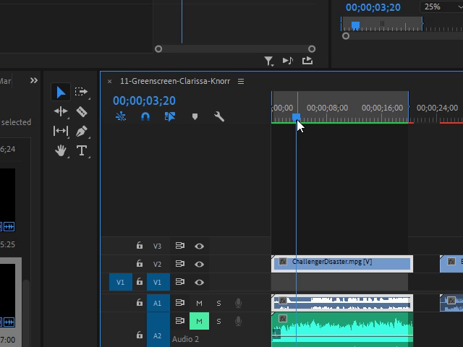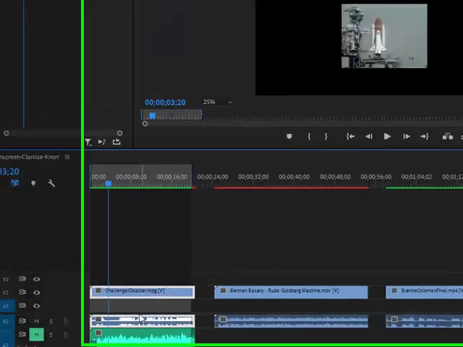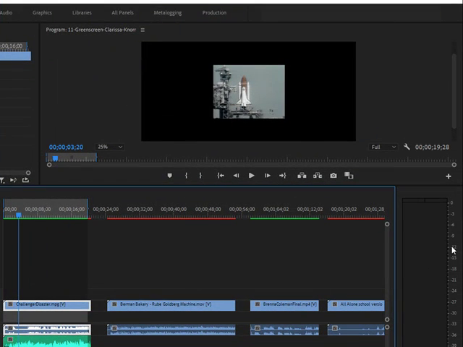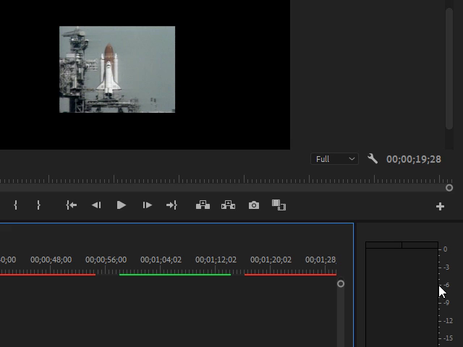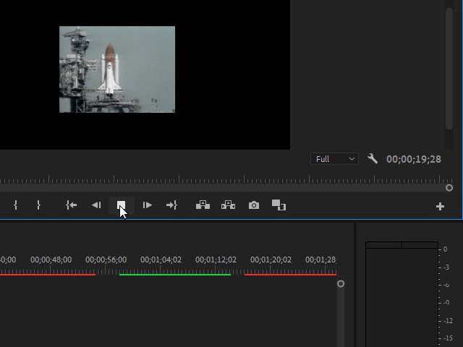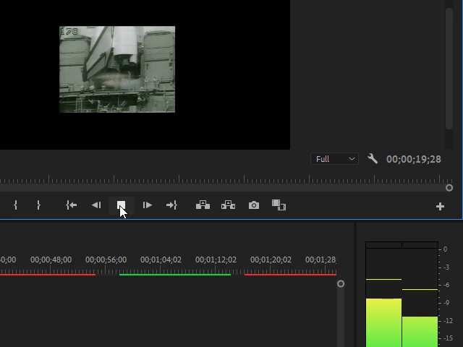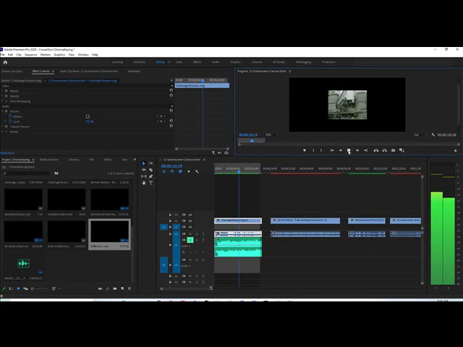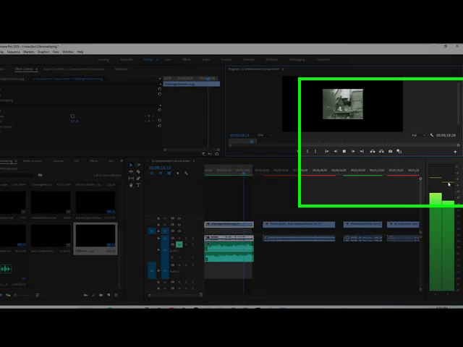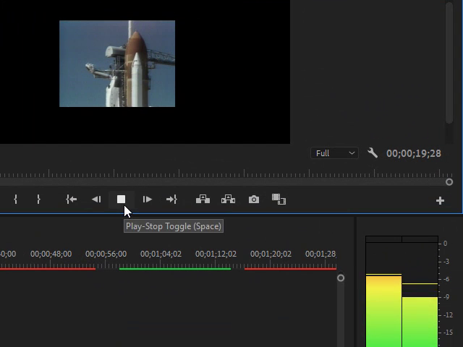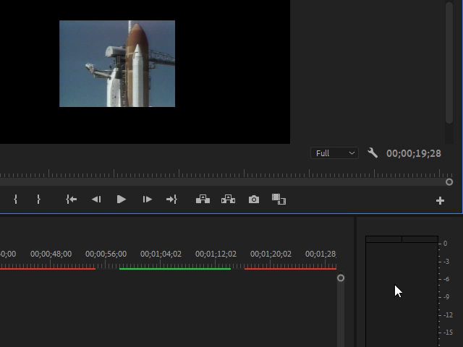The Challenge or Disaster has dialogue on it. So the first thing we're going to do is play this back and see if it stays in this range of -12 to -6. 10, 9, 8, 7, 6. Do you see how Premiere leaves these little bars here? And to help you keep track. 1, and lift off. Okay, so we saw that on the left channel it was going up higher than -6